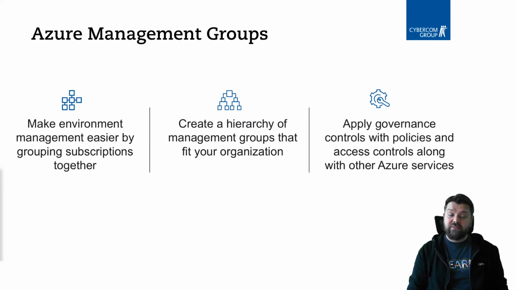Management groups also have inheritance, so it's basically a tree. When you put something on the root level, that's inherited by the child. For example, if you have an IT department, you may have a separate IT department for cloud or something else. Those inherit everything from the steps up. And the hierarchy is quite flexible to do.